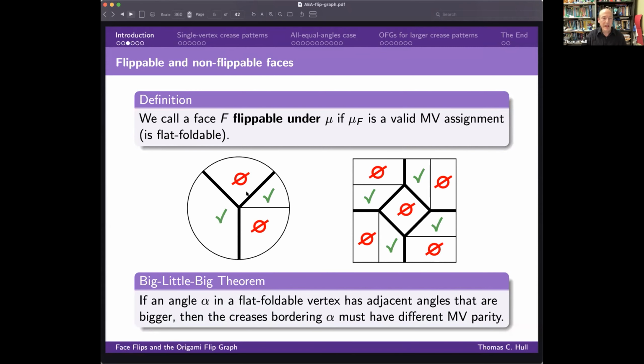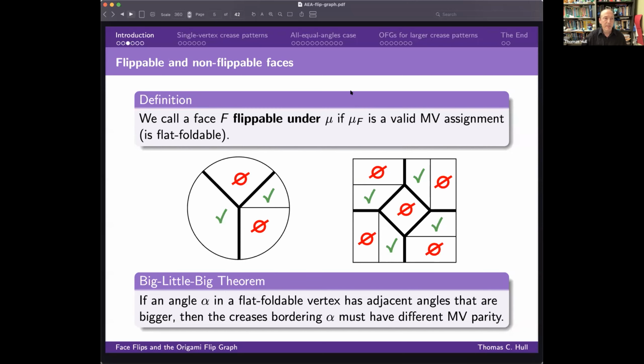The reason these 2 faces are not flippable is that if you flip them, they will violate the big little big theorem, which says that if you have a small angle in a flat origami vertex bordered by bigger angles, then the creases surrounding the smaller angle cannot be the same. They cannot both be valleys or both be mountains. So if you flip either of these 2 faces, that will give you either valley or mountain there, and that's no good. So we can label all the faces that are flippable or not flippable to see how these